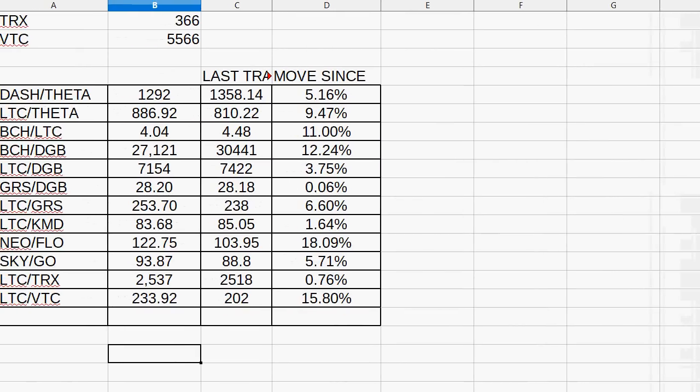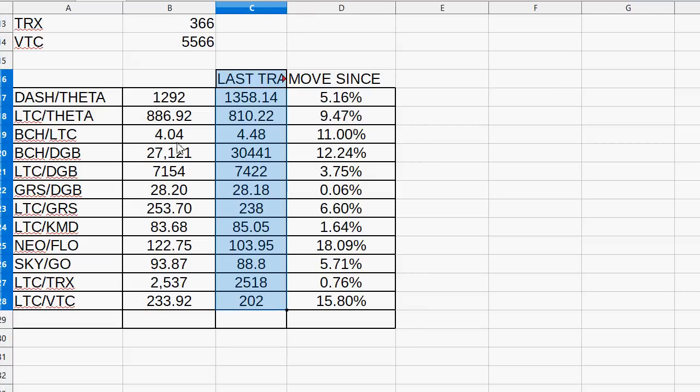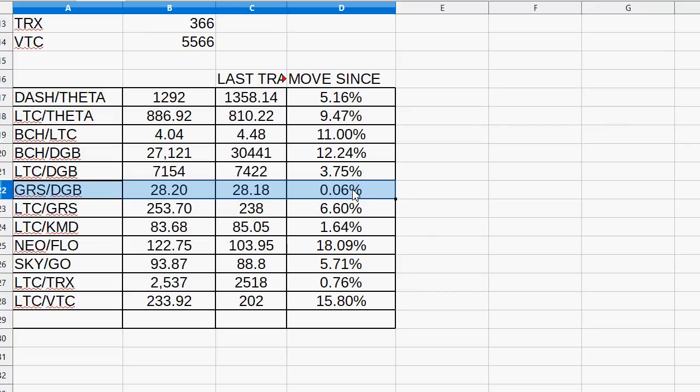And right now, I'm looking for moves of around 25%. So I've got what my last trade was, and I've got what the current ratio is for all of these different crosses. If it's time for one of them to make a trade, then that's what will happen. I mean, this one here has been a bummer so far, one of the biggest ones on steroids that is doing nothing as far as its trades. But in time, I'm going to just see how this goes and play the numbers out as I do so. But Litecoin, Vertcoin, last trade at